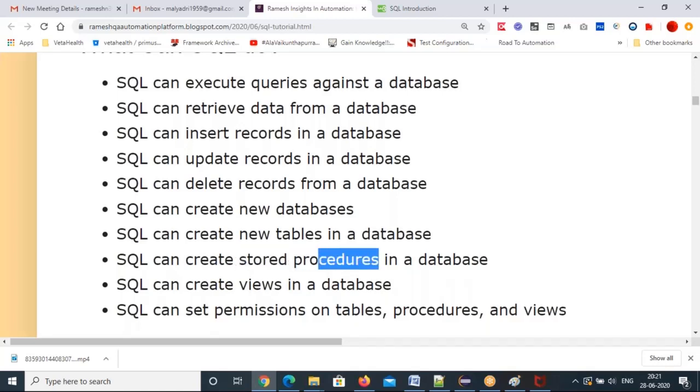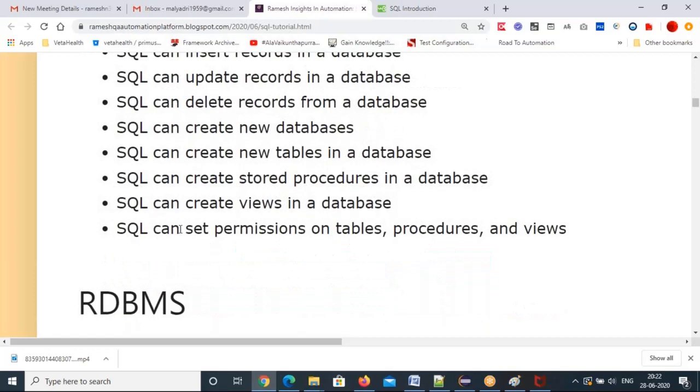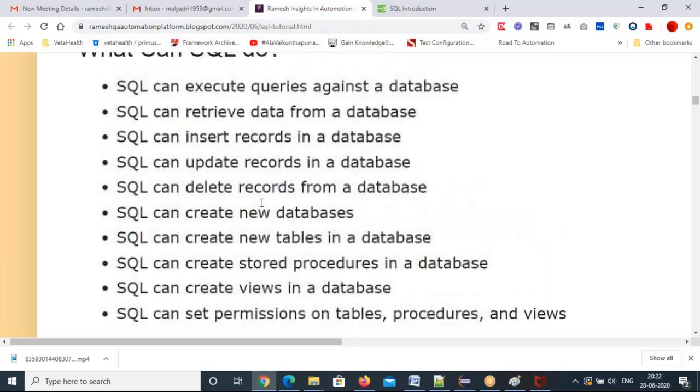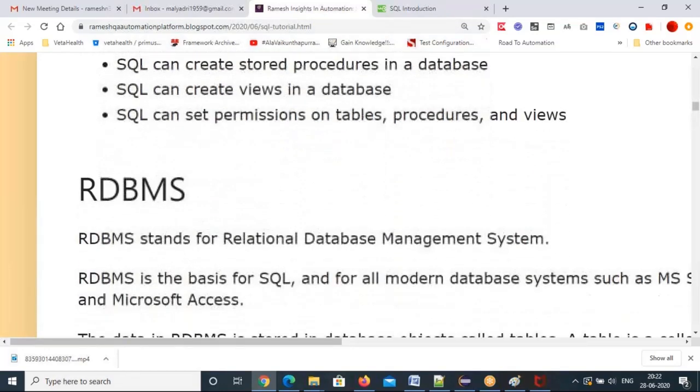Developers will write these stored procedures to improve the performance of retrieving the data, inserting the data, creating the data, based on these views and stored procedures they use. So you can set permissions on the tables, procedures, and views. That also you have. So these are all things that can be done with SQL.